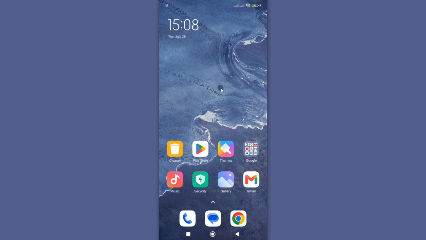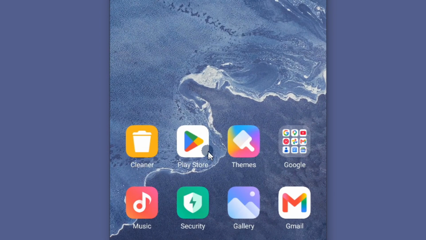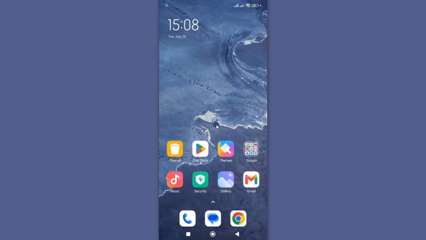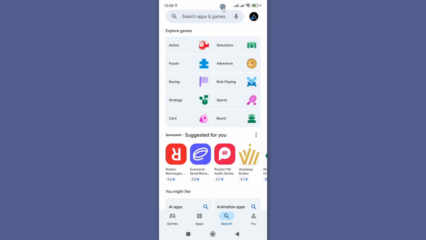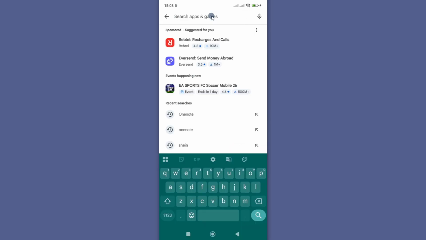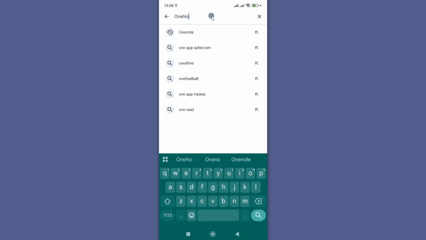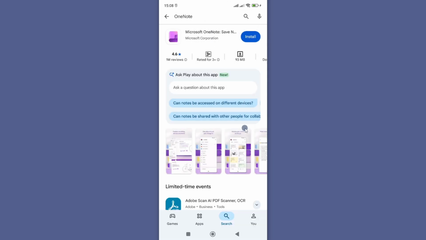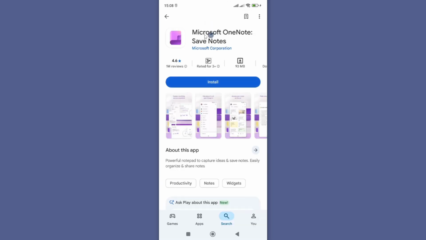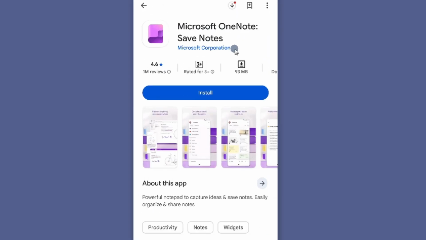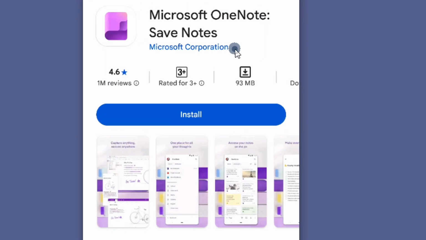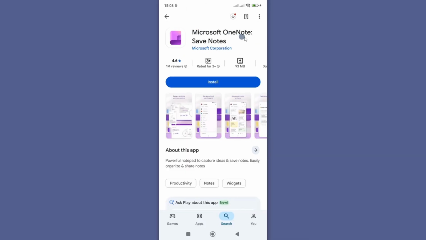Alright, to get the right Microsoft OneNote app, you need to go to Google Play Store if you are on Android like me, or App Store if you are on iPhone. So I'll go to Play Store, and from Play Store go to search and just search for OneNote as one word like that and run your search. This will take you to this app. Tap on it to open and make sure it is from Microsoft Corporation, and this is the wording Microsoft OneNote